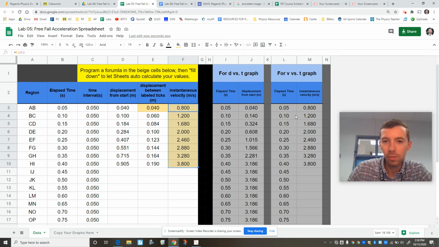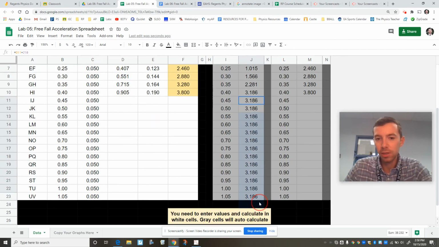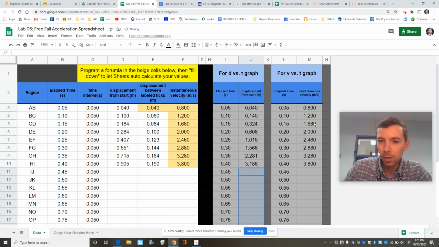And so now with these gray cells over here on the right, I can clear out some values that I don't need. That's automatically filling that in. And then I've got data I can copy and paste into a graphing program. Or if I know how to graph here, I could graph